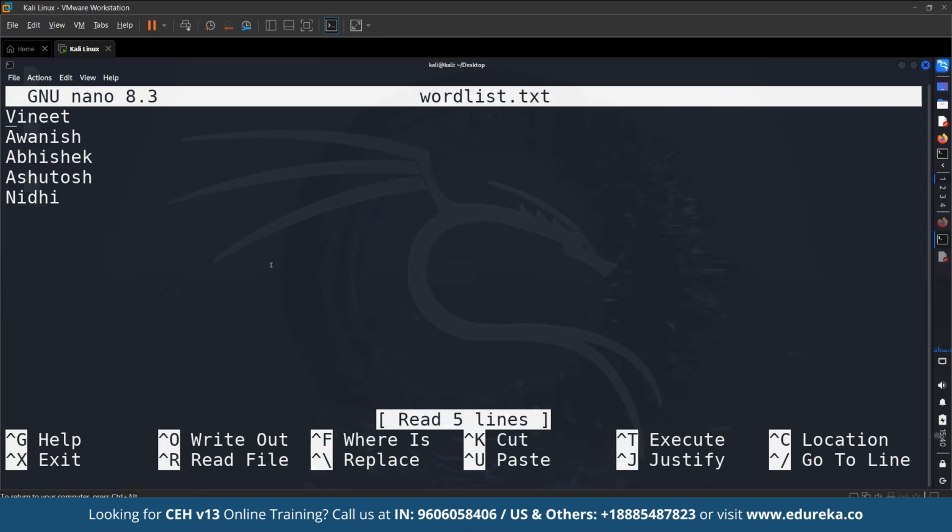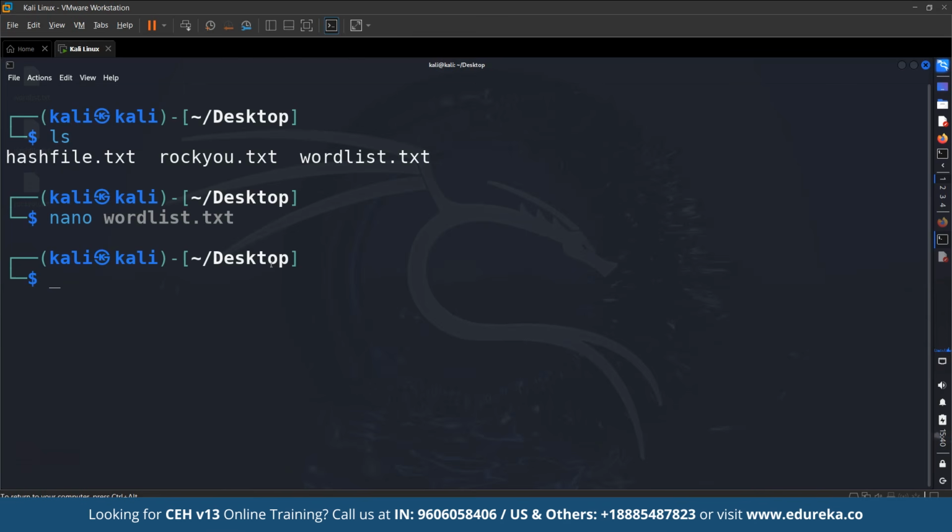So these are the usernames that we have updated. Now let us save this. Now let's use this shift toggle rule to see the possible variations of these usernames. And this rule toggles the case of each letter. So for this, let us type the command john --rules=shift toggle --wordlist=wordlist.txt